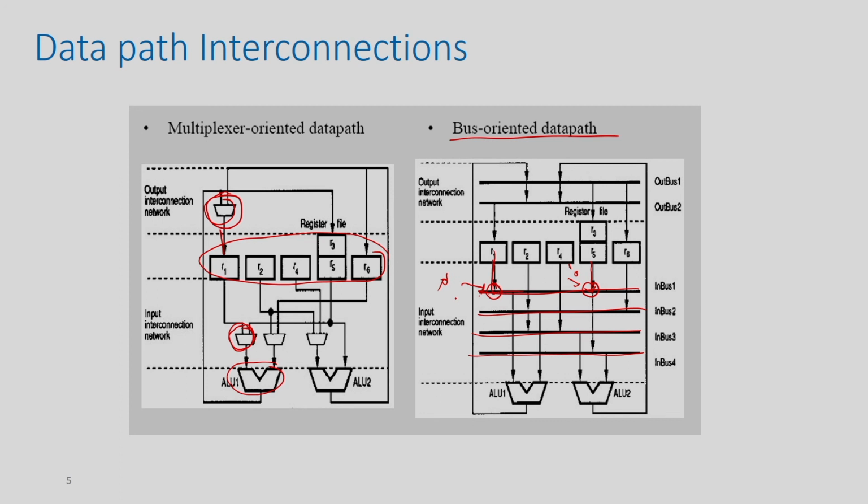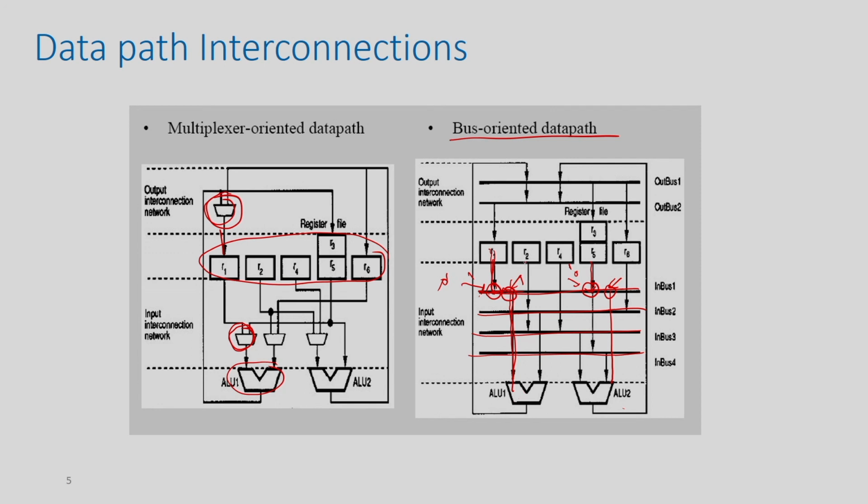Okay. Similarly, if this R1 needs to transfer to this ALU1, I will make a connection from this bus to this, and I will put a switch. And say from this bus 1, say I want to make a connection to this ALU 2 also, I will make a connection like this and I will put a switch here. And then what is going to happen? So, in say timestamp 1, if I put this 1 also, and say this is 1. So, what is going to happen? This R1 will come here and then from this switch it will come to this. So, the left input of this FU will be R1.